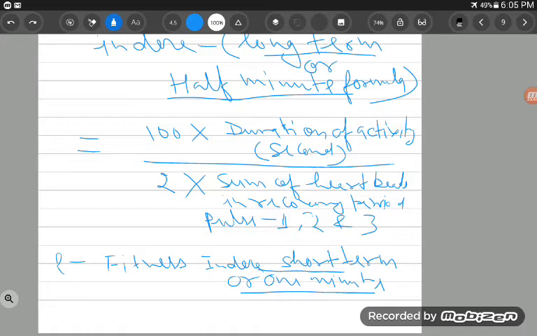Formula is equal to, it is very important for your knowledge, 100 multiply duration of activity. Okay, 100 multiply duration of activity, it should be in seconds, upon